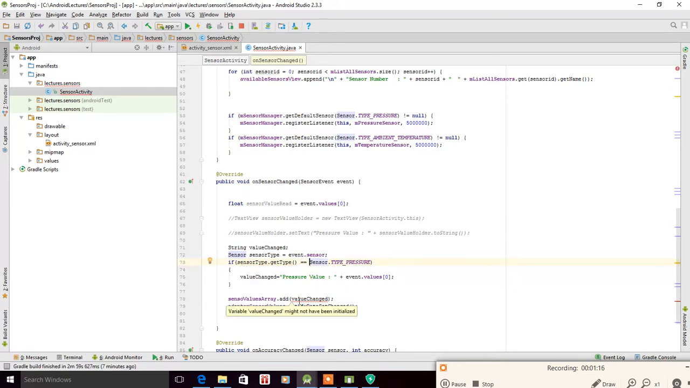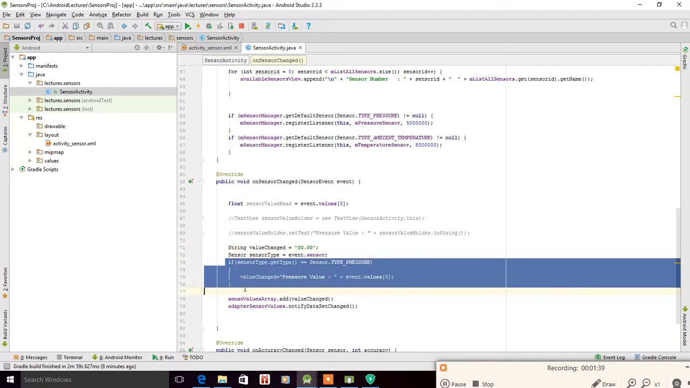And now, value might not have been initialized. Let's make it null, or let's make it, for identification, 0.00. If nothing is right, we should get this if there is no value from any of these two sensors. Now simply copy this